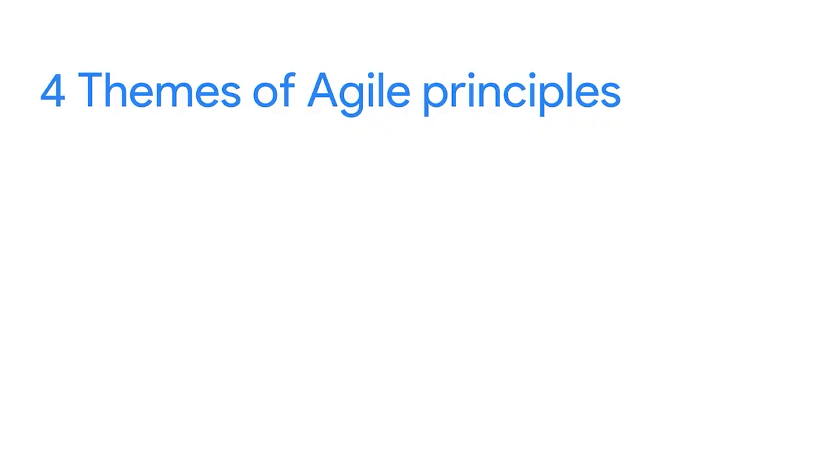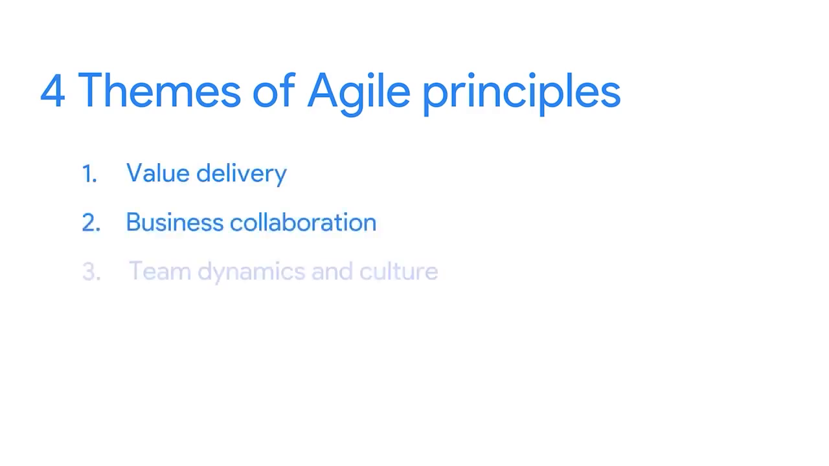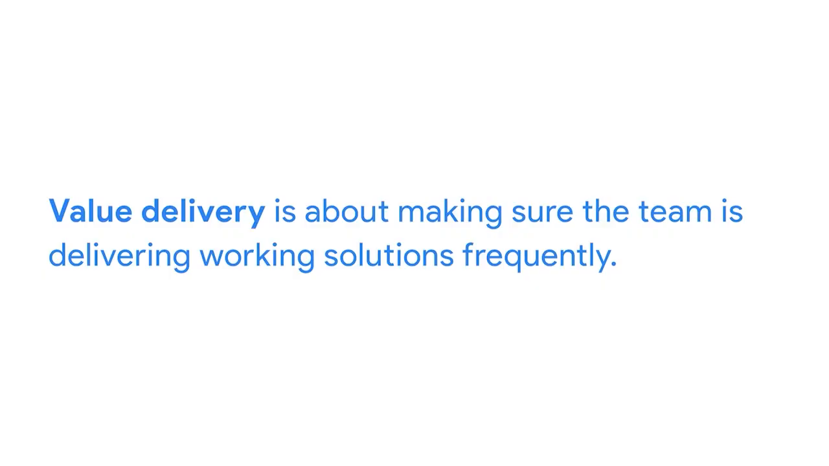Remember the 4 themes of Agile principles that we discussed in an earlier video? To refresh your memory, the themes are value delivery, business collaboration, team dynamics and culture, and retrospectives. In this video, we'll focus on challenges you might encounter with an Agile team that are related to the first 3 themes. The first set of challenges are related to value delivery, which is about making sure the team is